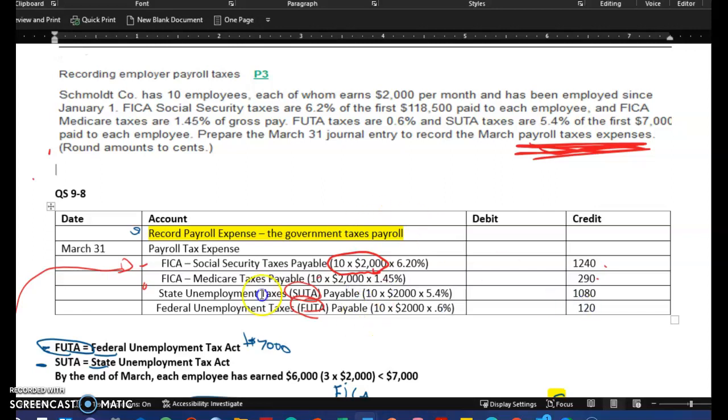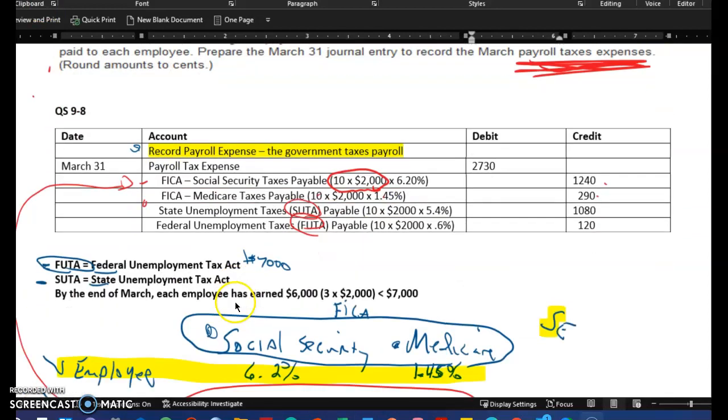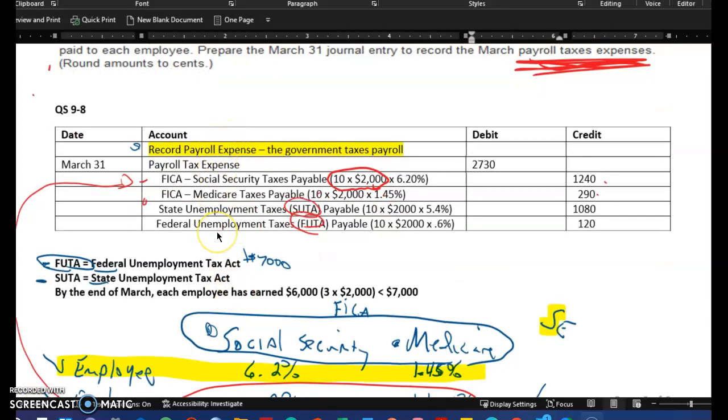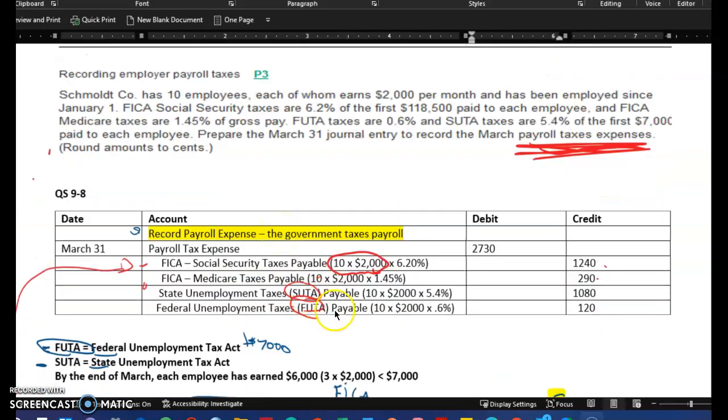Same thing for SUTA. 10 times 2,000 times 5.4% is 1,080. Then what you want to do is add up all four of these numbers: 120 plus 1,080 plus 290 plus 1,240 equals 2,730. So keep in mind, when you do payroll, you record payroll, and then you also record the matching payroll tax entry on top of that. This is the tax on top of payroll. So this is the tax for this